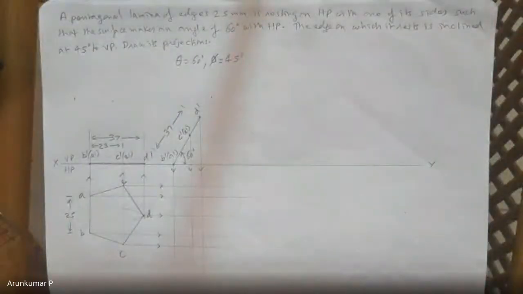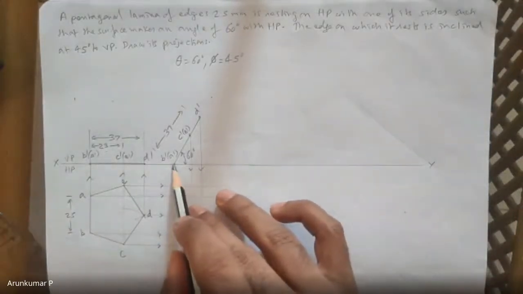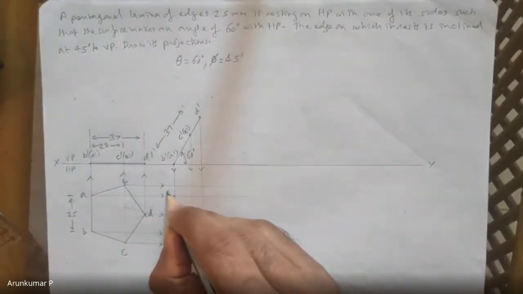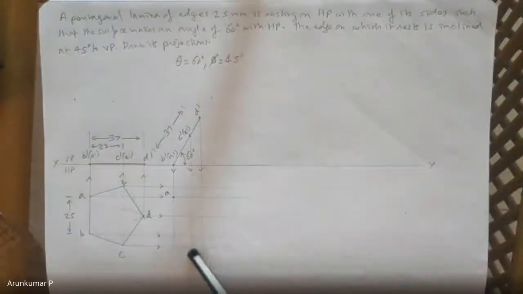Now you have to mark the intersection points A, B, C, D. So start with A. So intersection of A dash and A. This is A, this point. So you have to be very careful here because if you see 5 by 3, there are 15 intersection points here. 3, 3, 3, 3, 3. 15 intersection points are there. Out of 15, you have to locate 5. So you have to be very careful when you are locating the intersection points, otherwise, the shape will be totally distorted.